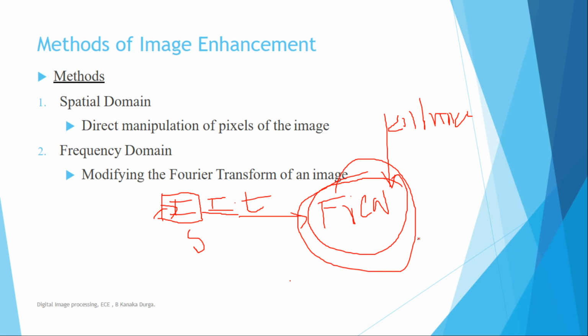Normally, images in nature are available in the spatial domain, so we have to convert the images to the frequency domain by applying the image transformation. After the images are converted to frequency, we apply the enhancement tools on the frequency domain type of images.